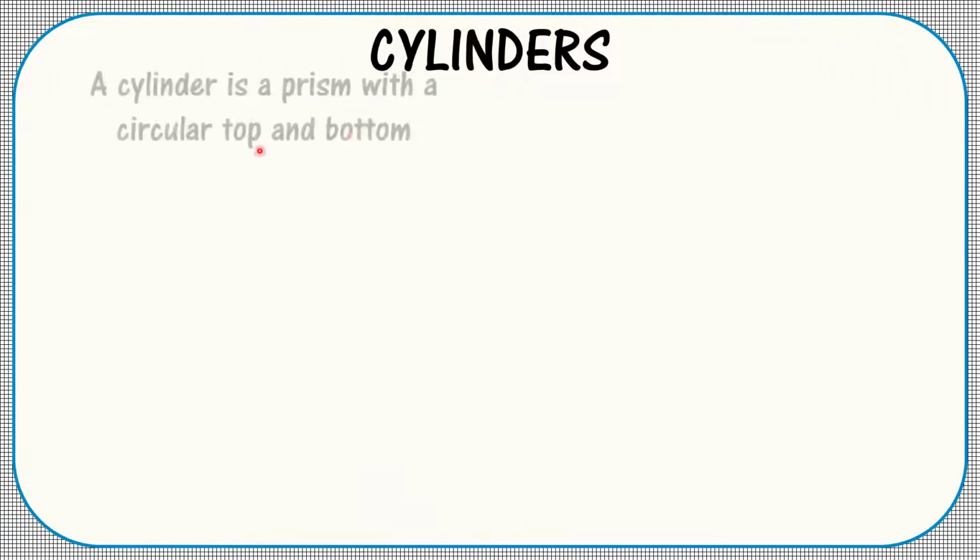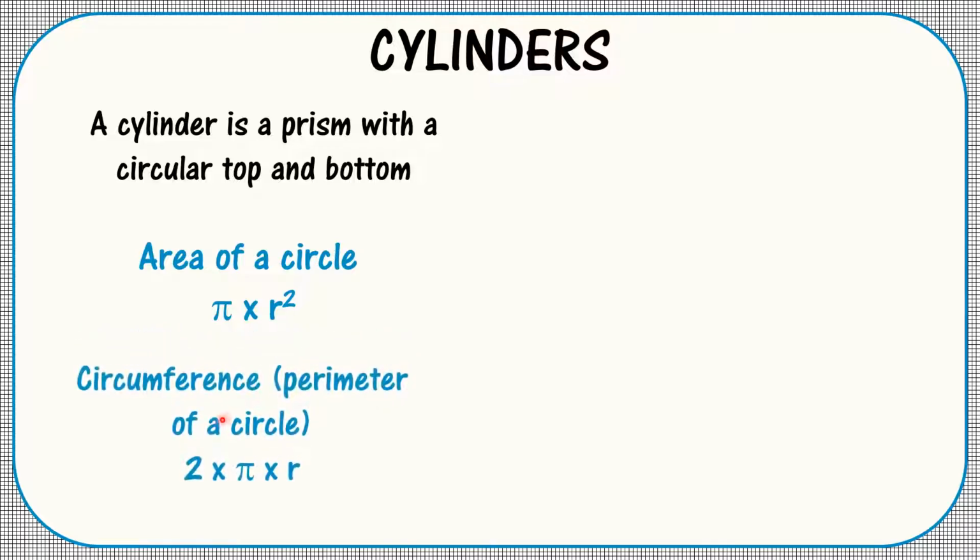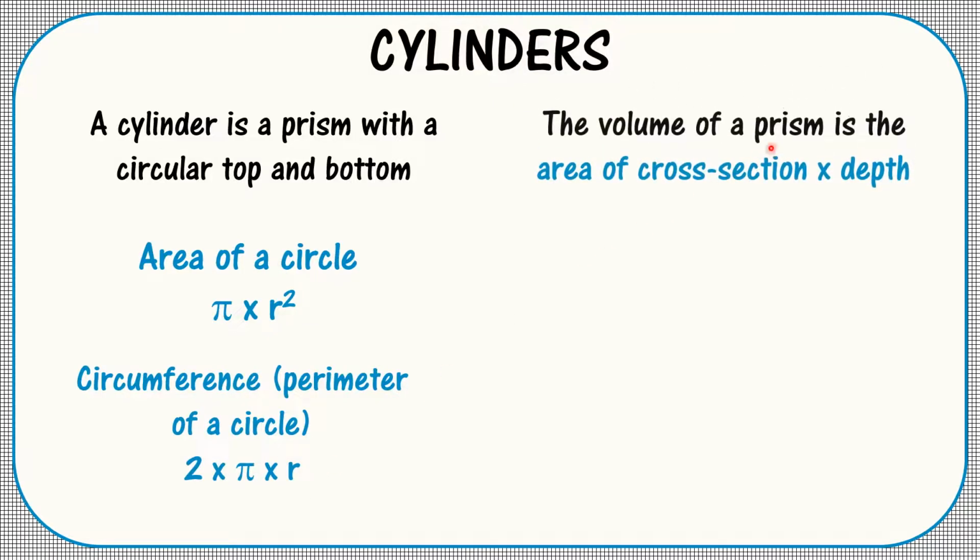For cylinders, a cylinder is a prism with a circular top and bottom. The area of a circle is equal to pi times r squared. The circumference, which is the perimeter of a circle, is equal to 2 times pi times r. The volume of a prism is equal to the area of the cross section multiplied by the depth. And we know that the area of the cross section will be pi times r squared multiplied by the depth,